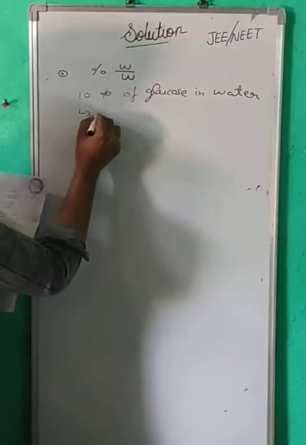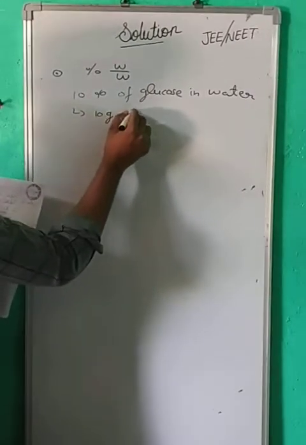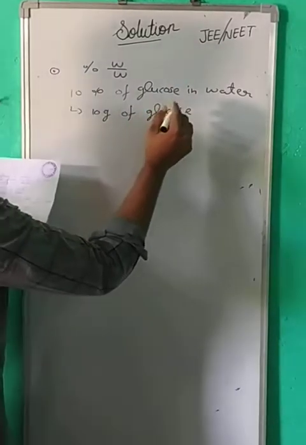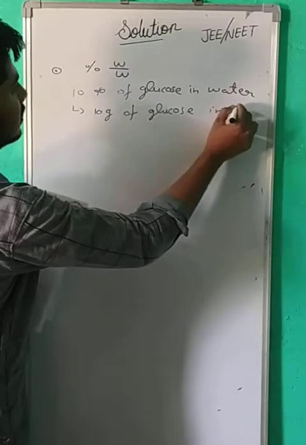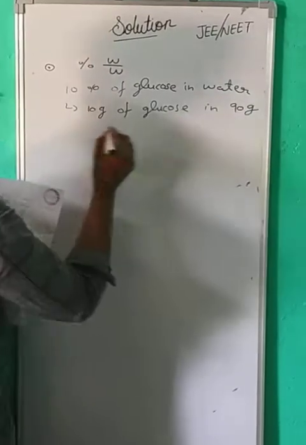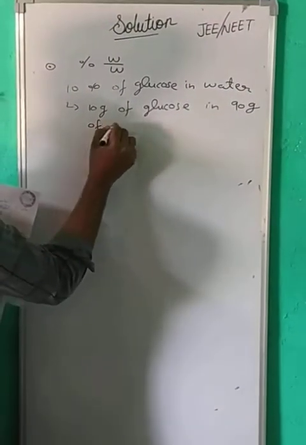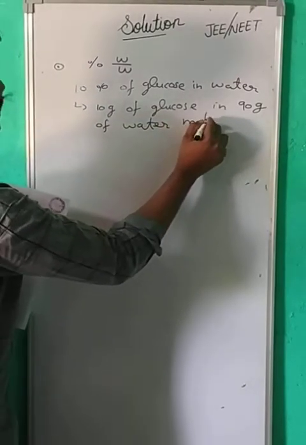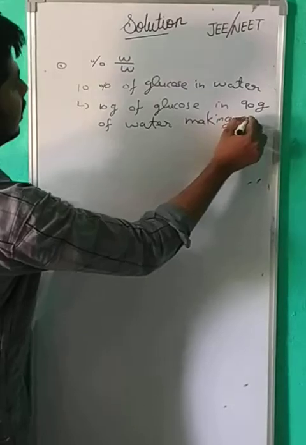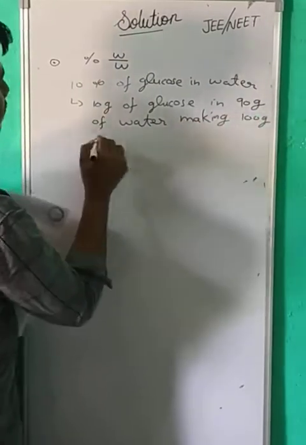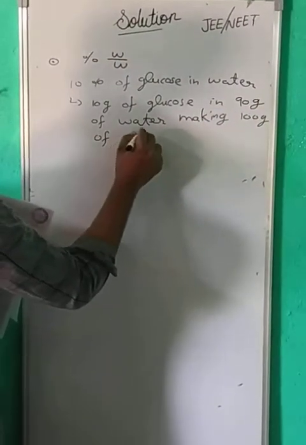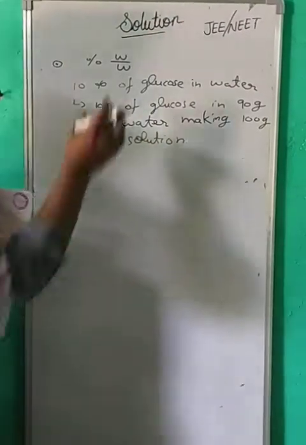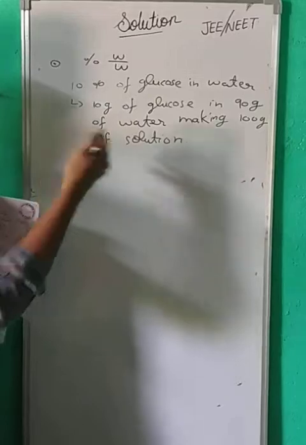That means 10 gram of glucose in 90 gram of water, making 100 gram of solution. This is the first concentration term, students, percentage weight by weight, or it is also called